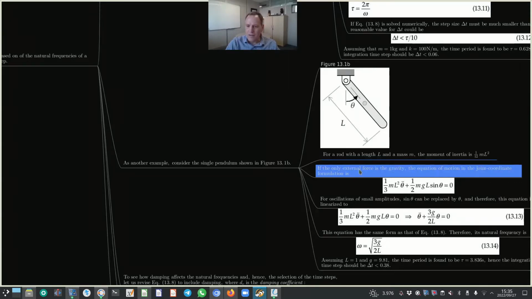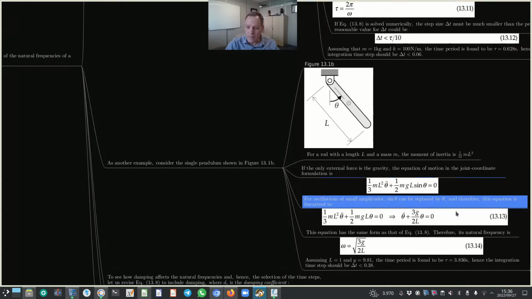Okay, if the only external force is gravity, the equation of motion in joint coordinate formulation is 1/3 mL squared theta double dot plus a half m times gravitational acceleration times the length of the pendulum times sine theta equals 0. Okay, and you will recognize this equation. We used it, I think it was in lecture 2. Alright, now for oscillations of small amplitudes, sine theta can be replaced by theta, and therefore this equation is linearized